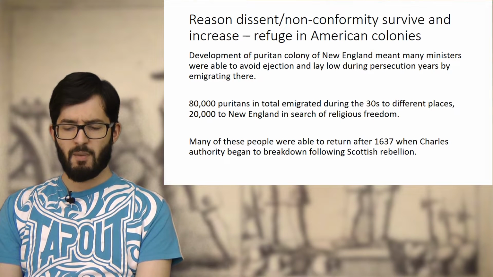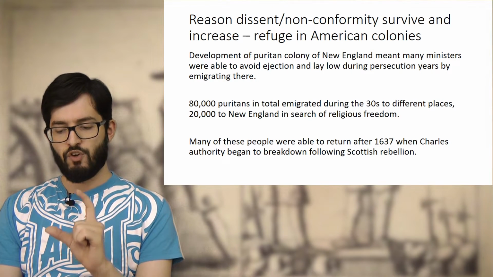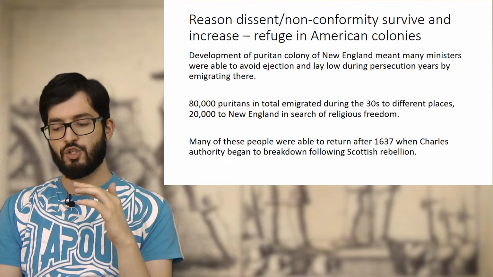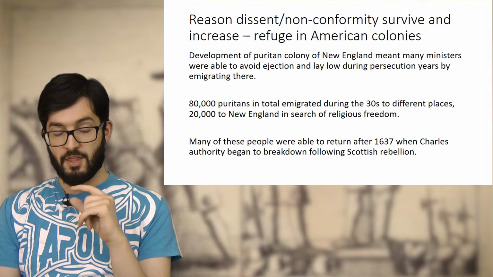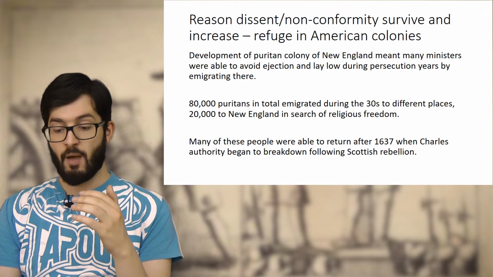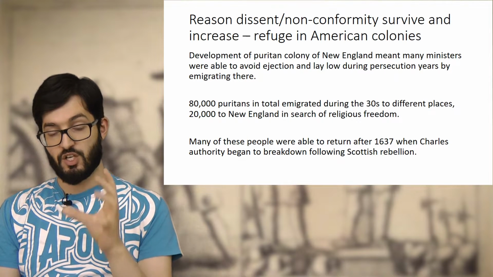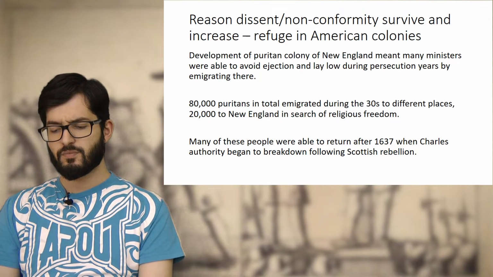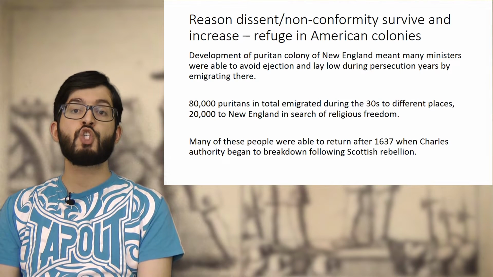And so in terms of numbers, you get quite a significant number of Puritans immigrating there. In total, about 80,000 Puritans traveled to New England, emigrating for various different reasons in the 30s to escape this kind of persecution. And then 20,000 go to New England in search of religious freedom during this decade. Many of these people are able to just go there and lay low during the Laud